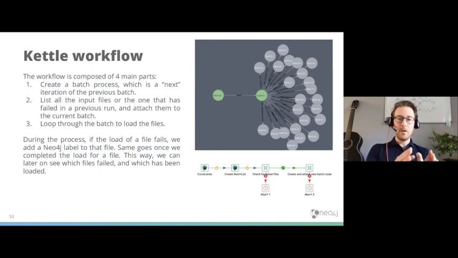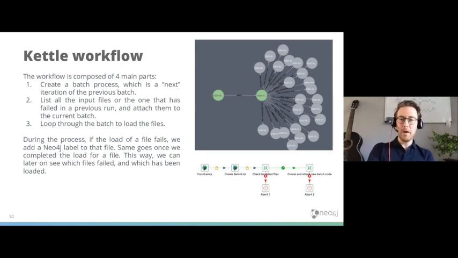Once a batch process is done, we can close it, and as long as you want to update all the data, you can just create a next iteration. You can see on the slide the first batch, which is a green node in Neo4j. You have a next iteration, and you have another batch. It can go that way as long as you load data.